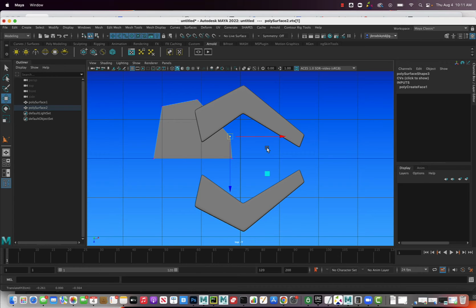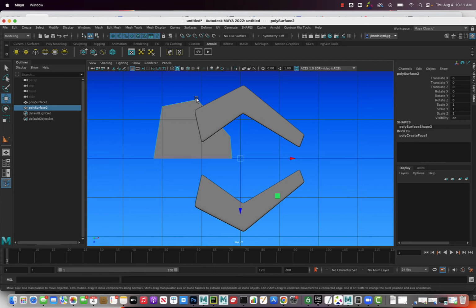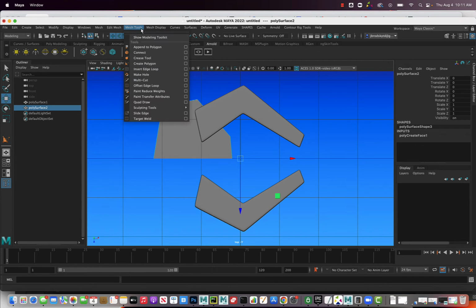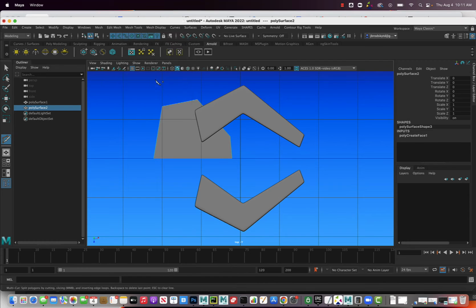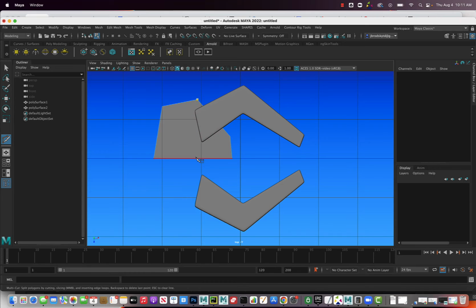All right, so let's say I'm happy with that. We have a bunch of edges on this one polygon, so we need to split this up. So the way I'm thinking we're going to split this up is let's right click and go to object mode, and let's go to mesh tools, multi-cut. I'll put my mouse over this point, click it, and then I'm just going to click down to this edge where it turns red, and it doesn't matter exactly where I put it. I'm just going to go somewhere in the middle here and click, and it goes from this point to this edge. Now I'm going to hit enter